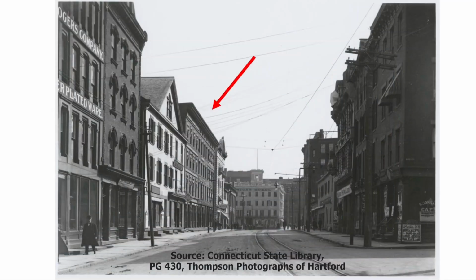Before the building that I've just been talking about was erected in 1872, there was another important building in the history of Hartford located on this spot. It was Hartford's original first public school building, the Old Stone Schoolhouse, which was erected in 1816, back when Market Street was known as Dorr Street. It continued as Hartford's first district school until the 1860s, when a new school was built, the Brown School, further